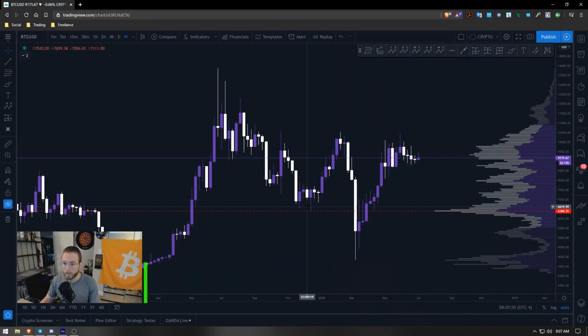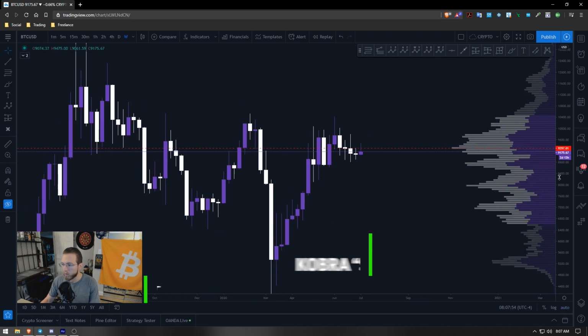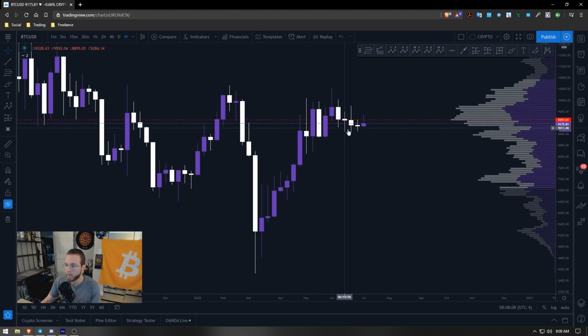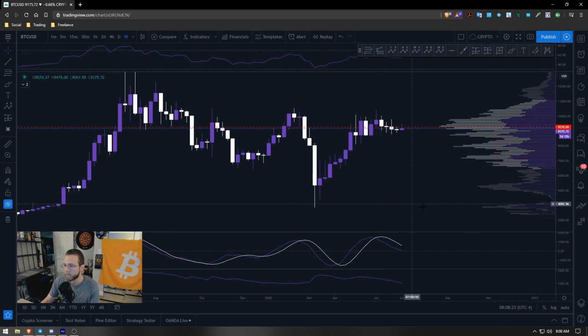So I am currently on the weekly chart, and I just want to look at some candlestick formation real quick, just some of the basics. What we have over here is a bearish engulfing candle. And then like I explained on my Monday video, we just kind of had these bullshit candles here, right? Doji, spinning top, doji. Now we're actually getting what is right now a bearish hammer. So it's not looking too good on the weekly chart in terms of our indicators here.